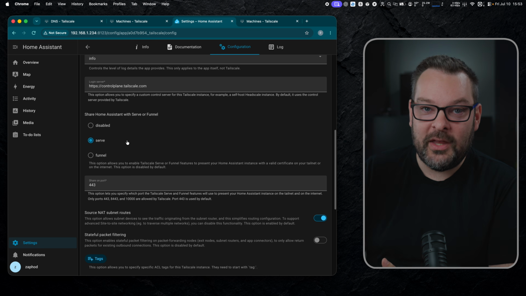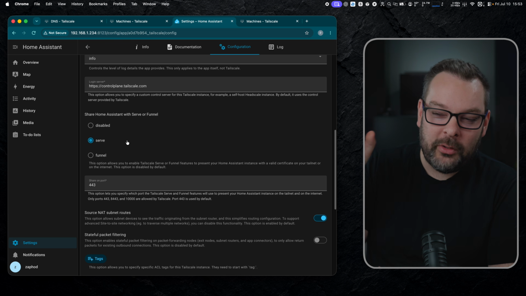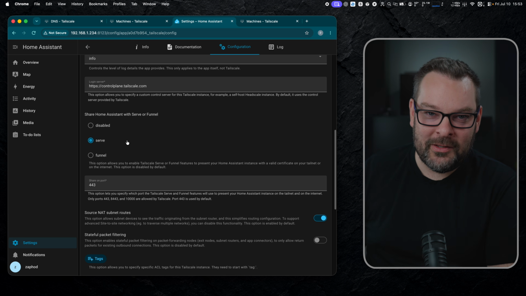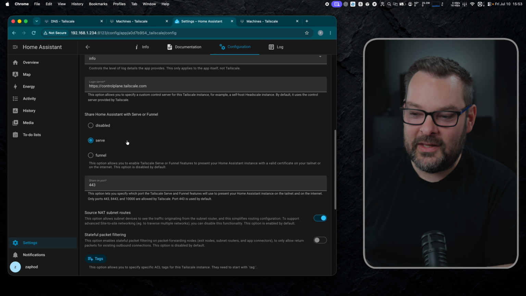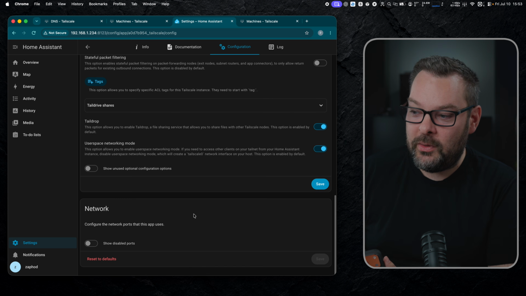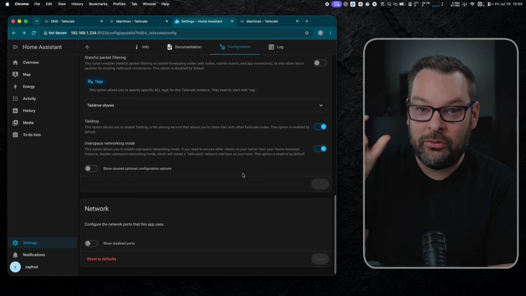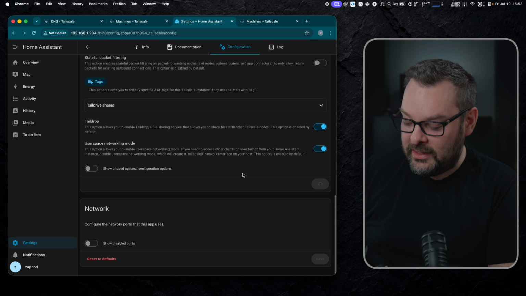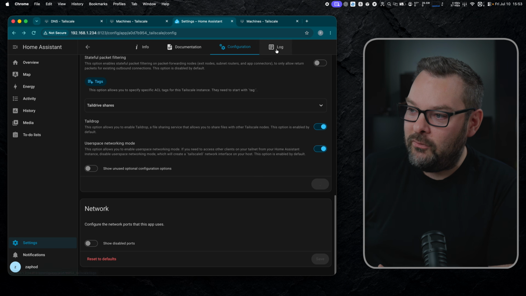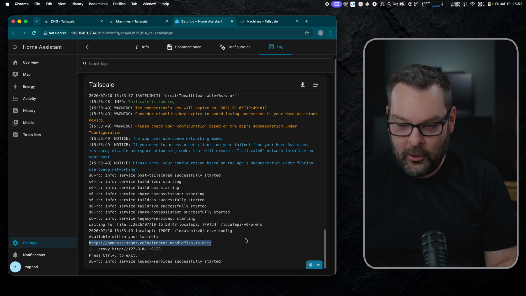So long as you have the Tailscale client connected and logged in on your devices, you'll be able to access your Home Assistant wherever you are. And so the whole purpose of putting it on the public internet is so that somebody else that's not on your tailnet could access it, which is almost certainly not what you want. So by configuring Serve here, what we're going to do is put our Home Assistant through a reverse proxy running in Home Assistant and make it accessible through a fully qualified domain name to any device on our tailnet. Now, if we click on the logs here, we should see that available within our tailnet is